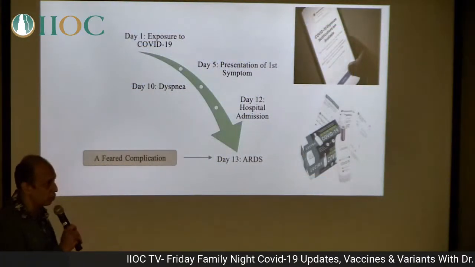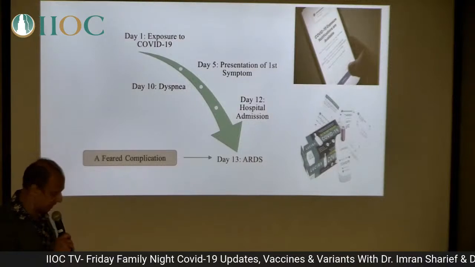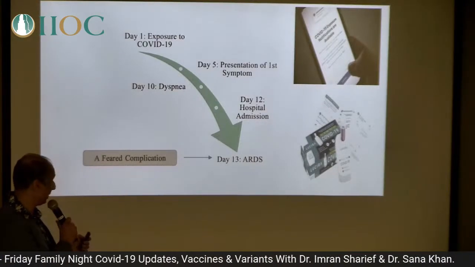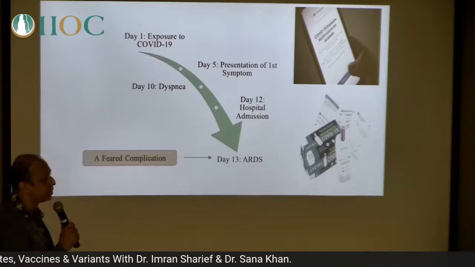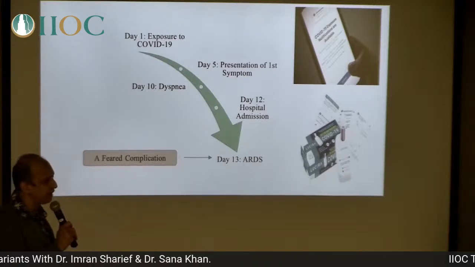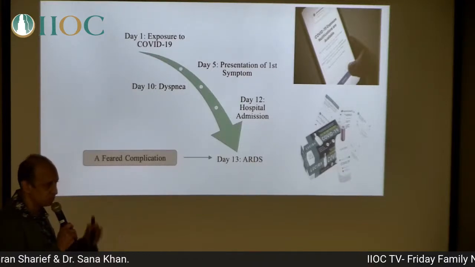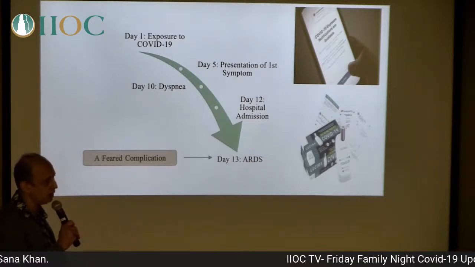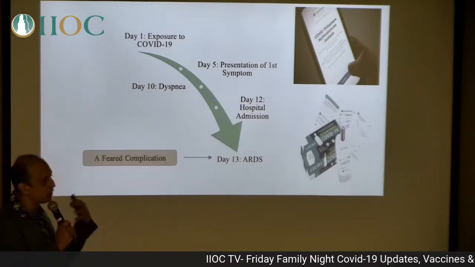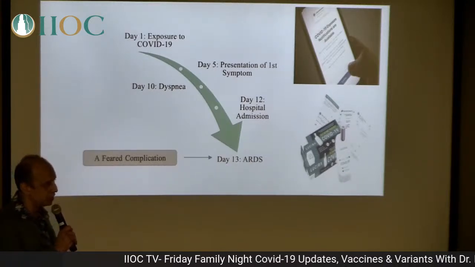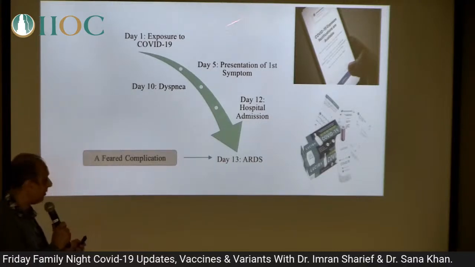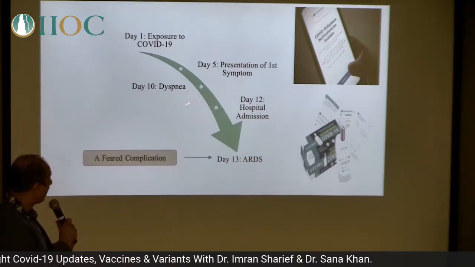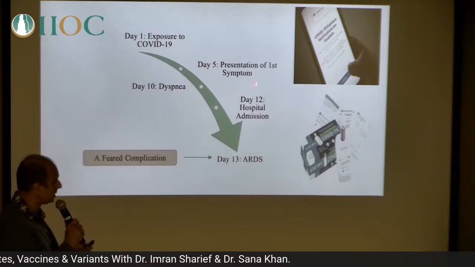So what's the course of the disease for COVID-19? After you get exposed, you have 5 days. During those 5 days, you don't have that many symptoms. You're completely functioning fine. You're going out, meeting friends, having dinner, but you're shedding the virus, as Dr. Sana mentioned about the viral load. So this is the time frame when you are spreading that viral load, and then you start having the symptoms.